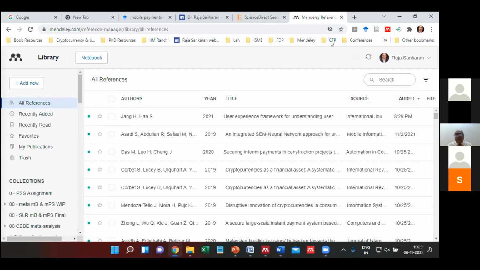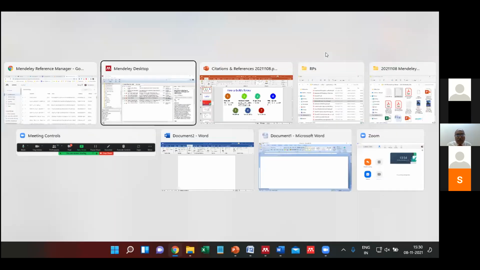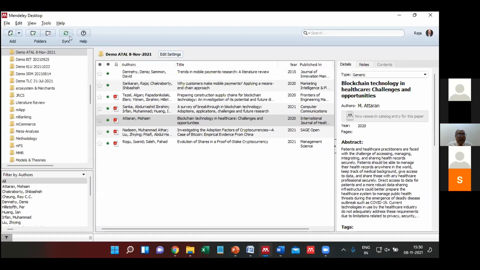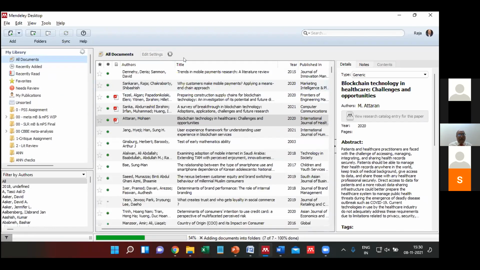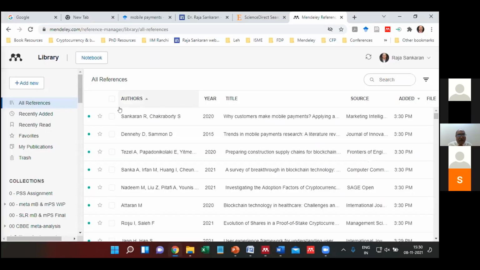And what I could do is, it has got this button in order to synchronize between the web version or the cloud version with the Mendeley Desktop. I can also do sync in order to synchronize this, or I can go back into the Mendeley Desktop and do a synchronize here. Okay, so with this, I can get into all documents. It is doing a synchronization. So as soon as the sync is completed, I can get